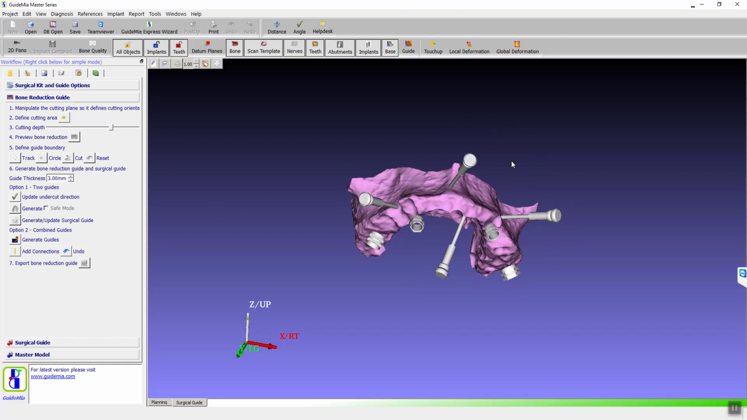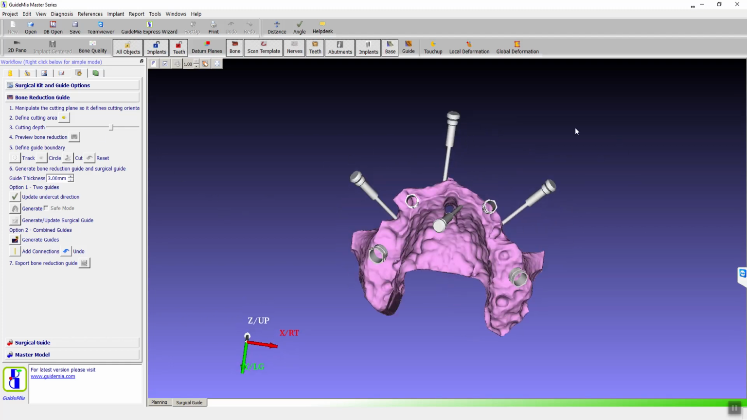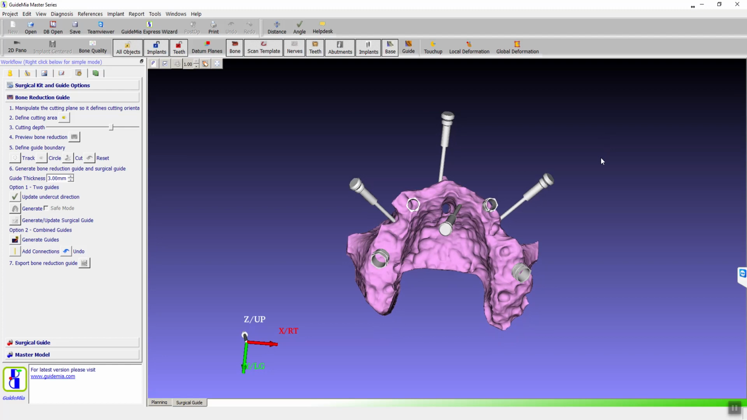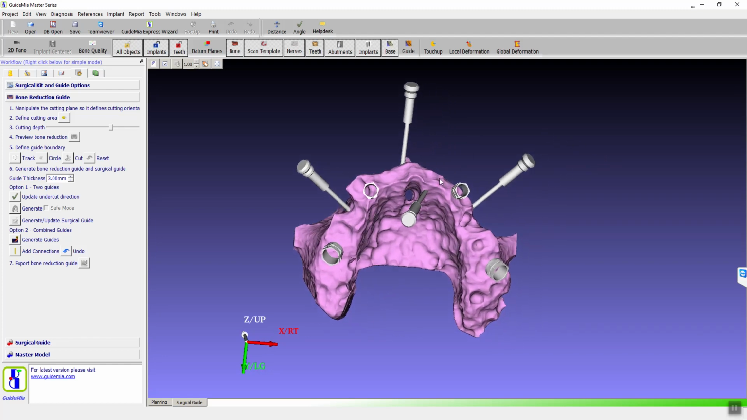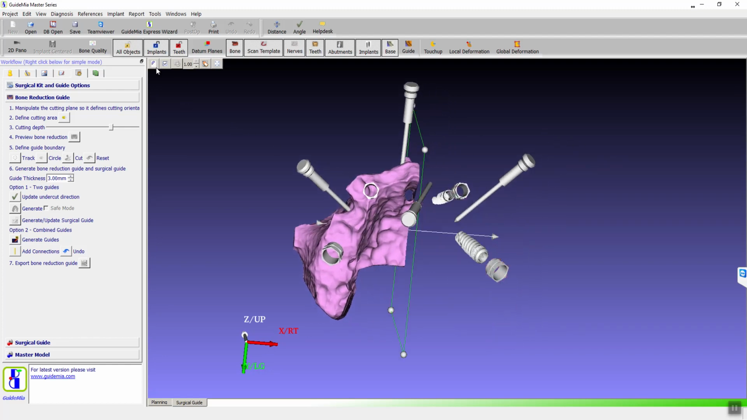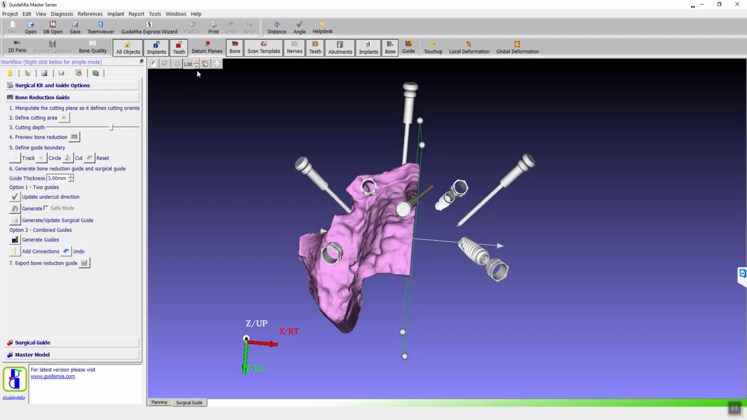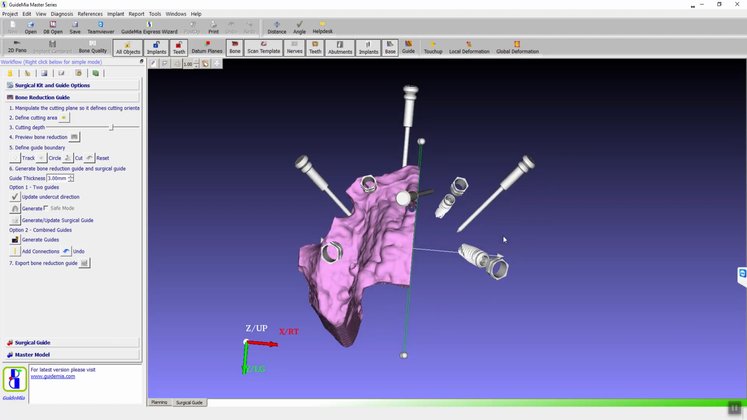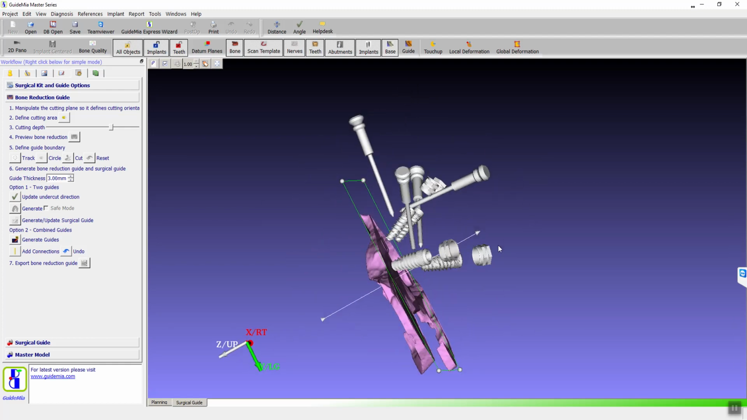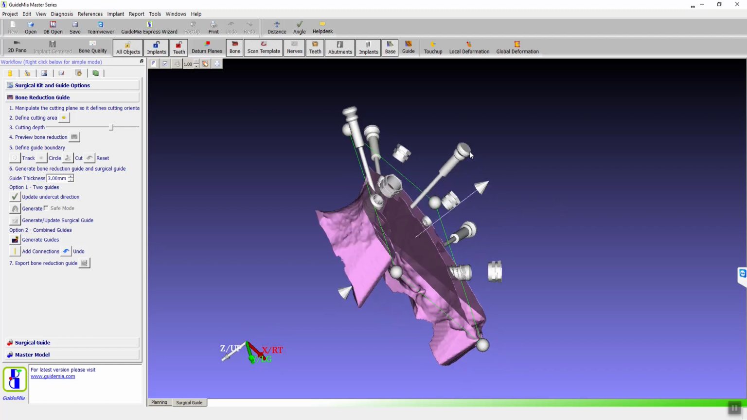Okay. Now we go to the bone reduction guide. We see the bone structure here, and we got the implants, everything. So this cutting plane is by default vertically placed. So I just need to rotate this to where we want to cut the level. So let's say